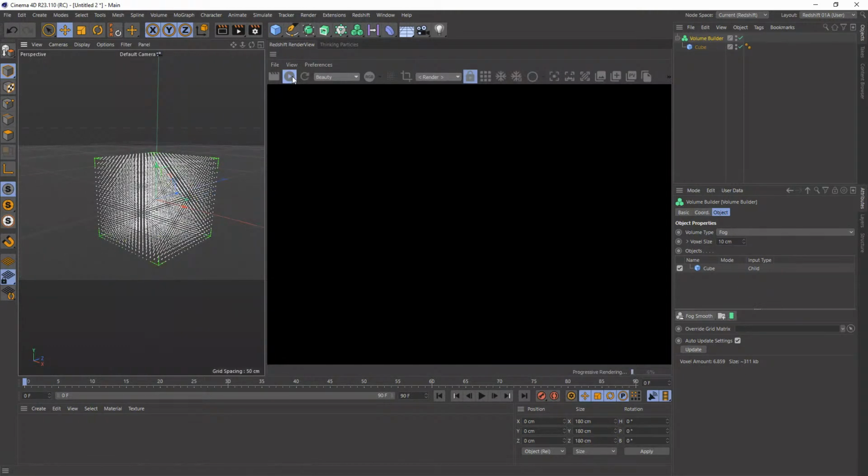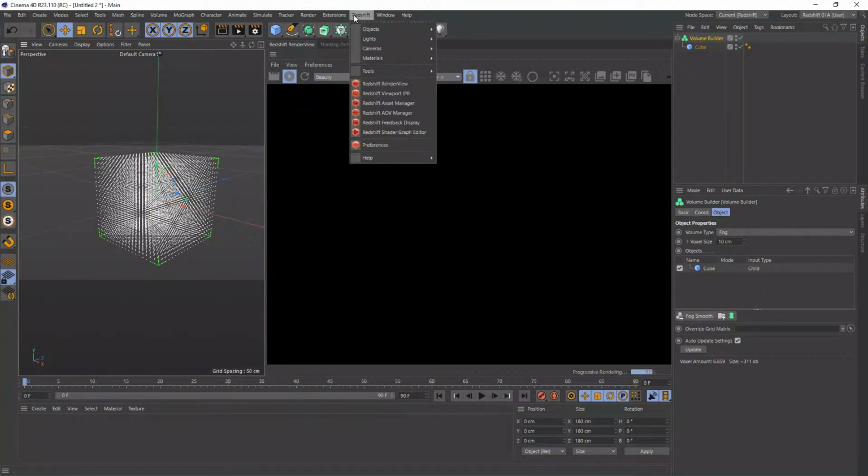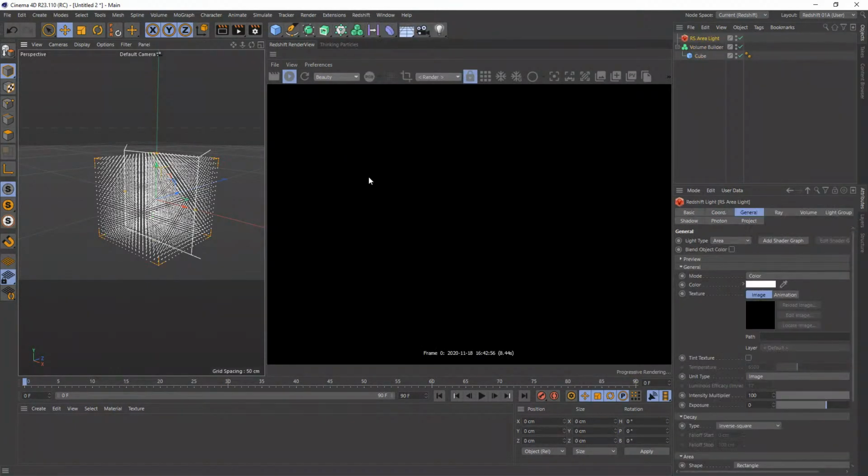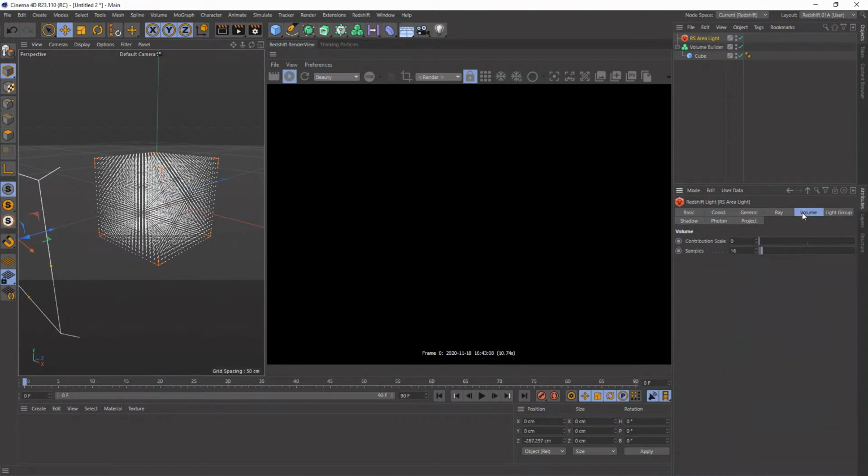You click on this and it won't do anything because there are a couple of things we need to do. Number one, we need to add a light. So let's go and add an area light for now, and let's move it back. And you can see still nothing happens. The next thing you need to do is tell the light, or any light you want to participate in any volumetric effect, fog, environment volume, or anything else, a VDB you found on the internet and so forth, to do so. You need to go to the volume tab and increase the contribution scale to a value. Depending on what you're doing, you may need an extremely low value, but we're going to use a default of